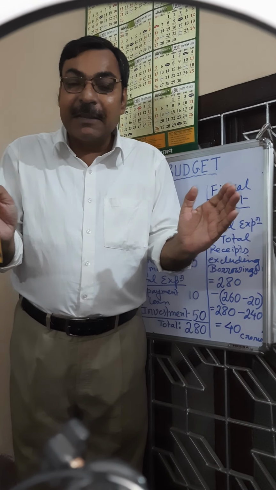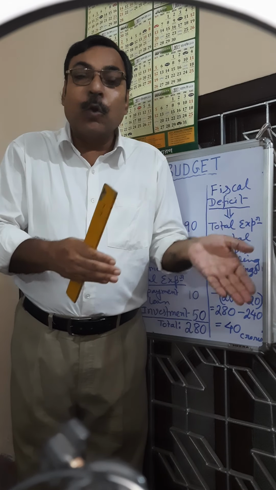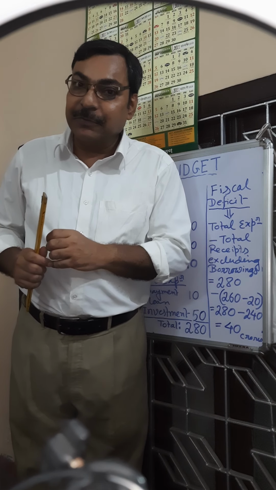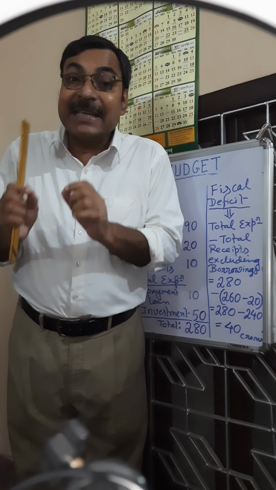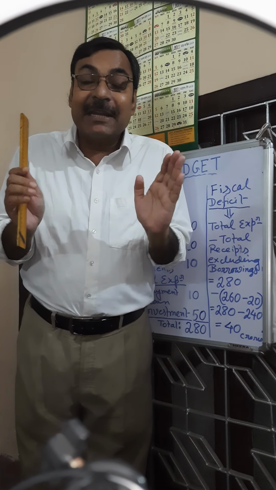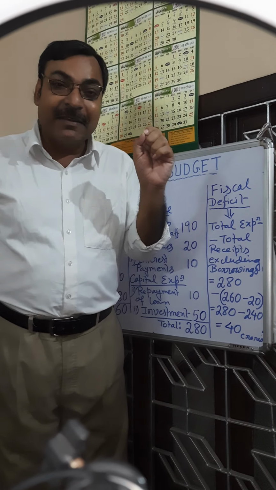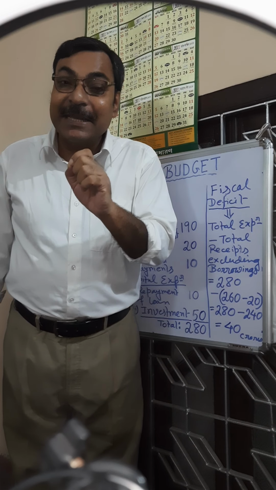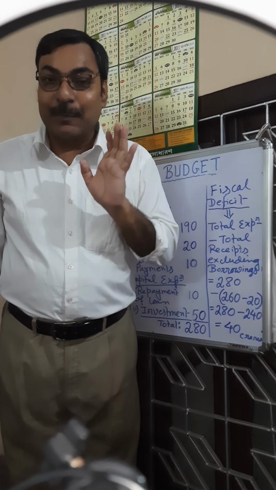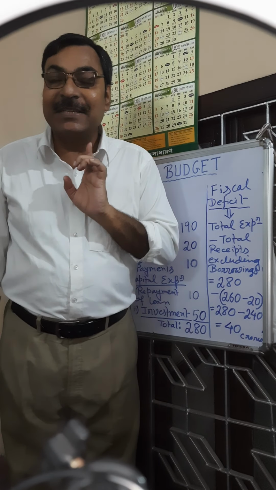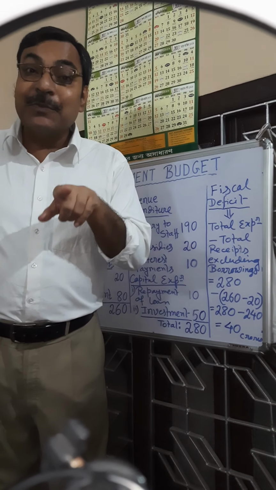When we calculate fiscal deficit, we first consider total expenditure both in capital account and revenue account. And we also calculate total receipts excluding borrowing. That means, in the calculation of total receipts, we consider total receipts in revenue account and total receipts in capital account, only excluding borrowings. Borrowings are not taken into consideration in the estimation of fiscal deficit, because we want to see that borrowing